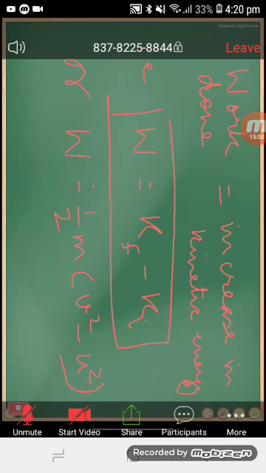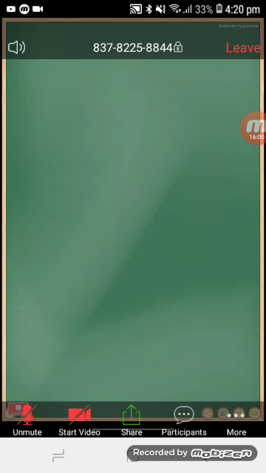Okay, so we will deal with the derivation of the equation. To derive this equation, what we are going to do is consider a body of mass m. Let this be a body of mass m, and a constant force F is being applied